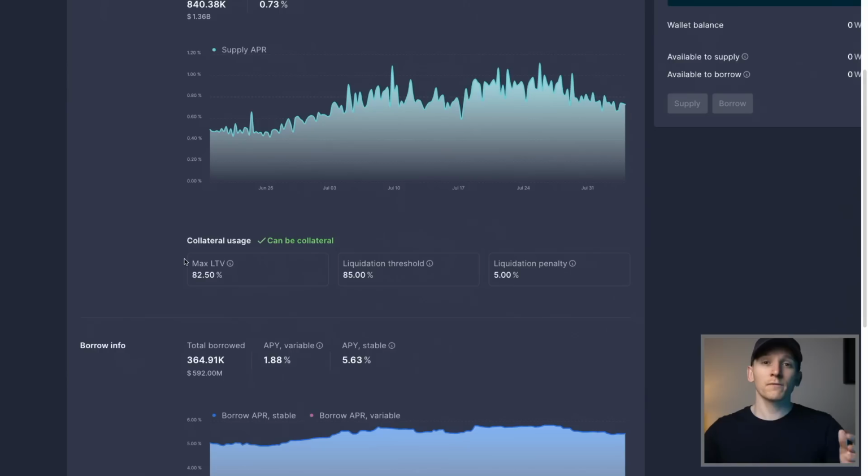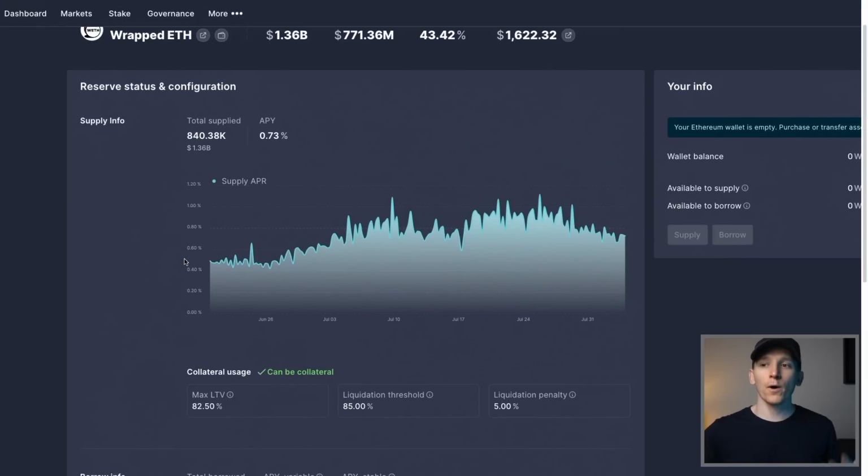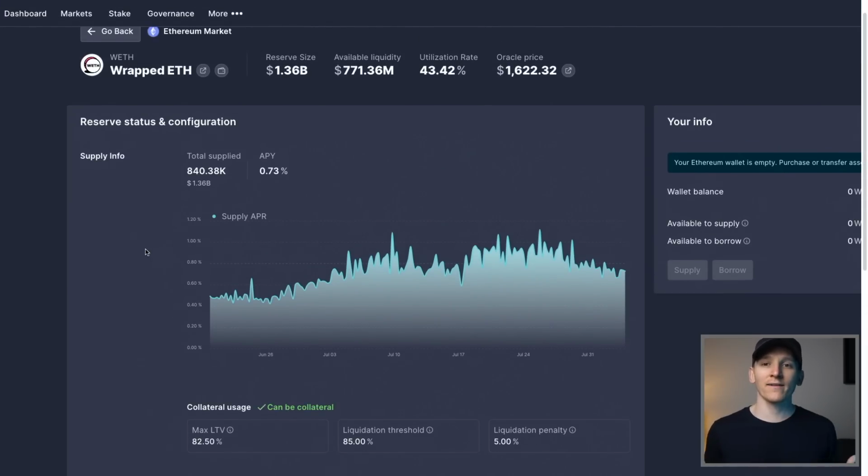Aave relies on something called over-collateralization. This means that it will never let a borrower borrow more cash than the value of the assets that they have on account. This is to do with risk. Now, if you borrow more money than you actually have assets, how can a decentralized protocol manage that? For example, if you just don't pay stuff back and it doesn't have any of your assets and it doesn't know who you are.